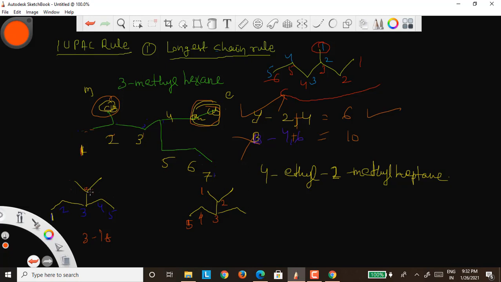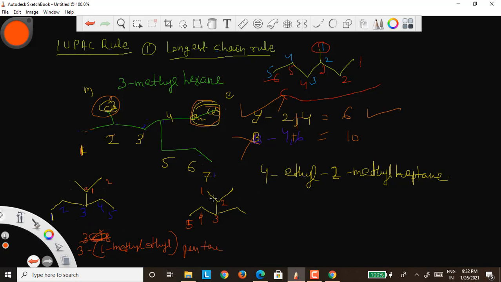The connection is there from that carbon, so that should be given 1, 1, 2. So this will be named as 1 methyl, 1 methyl ethyl bracket. So all of this is the substituent. Then pentane. 3, 3, 3 you should give because it is connected with 3. So 3 in 3, 1 methyl ethyl, 1 methyl ethyl, pentane.